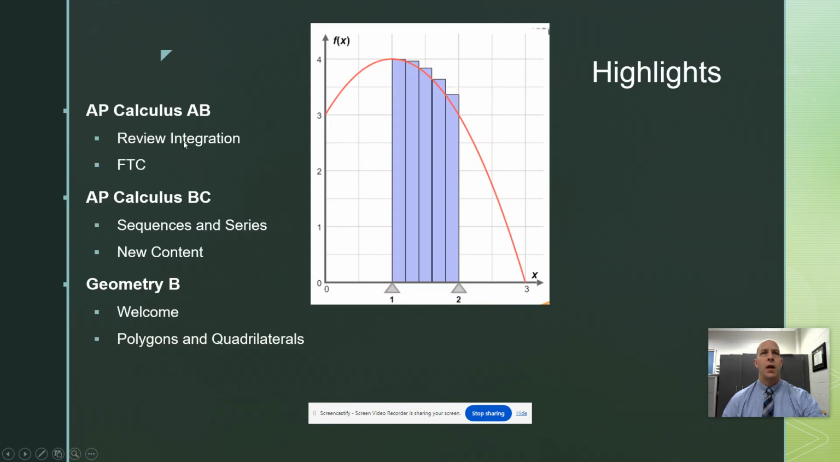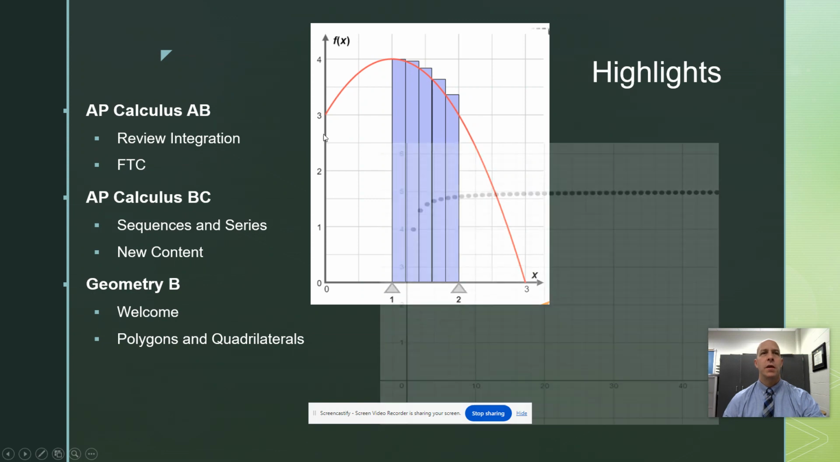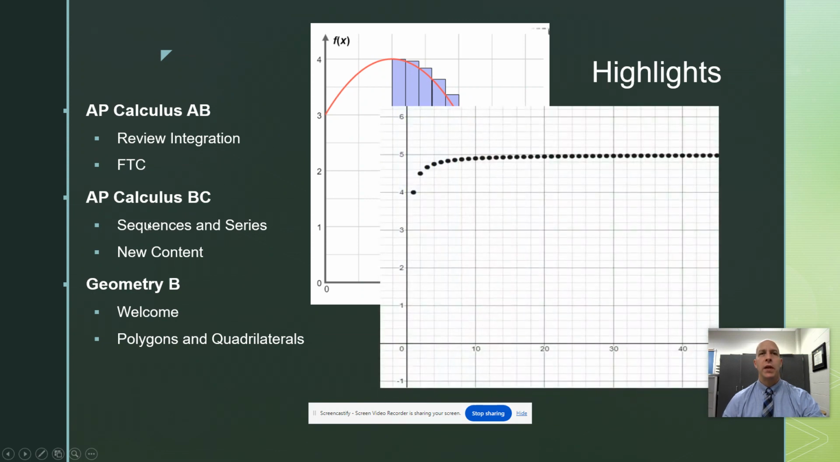In Calc AB, we are going to be reviewing integration, which is where we ended up last semester, and we'll look specifically at FTC, which stands for the fundamental theorem of calculus. In Calc BC, we'll be looking at sequences and series. So, for example, here you can see that there is a sequence of numbers that seem to approach a limiting